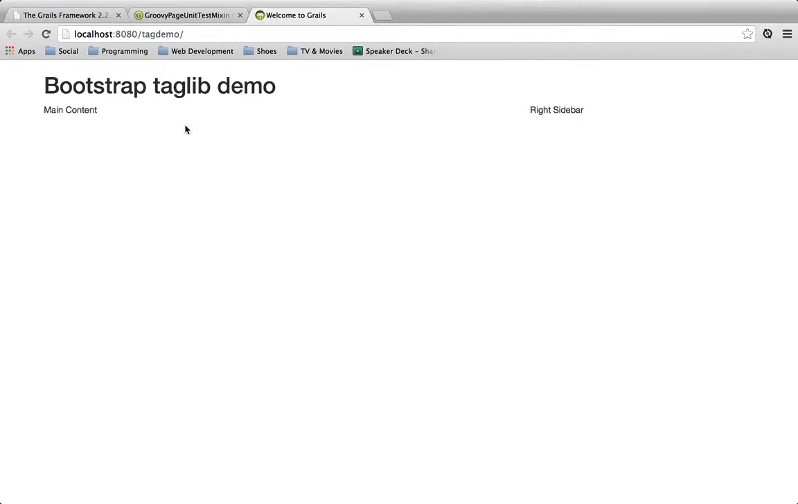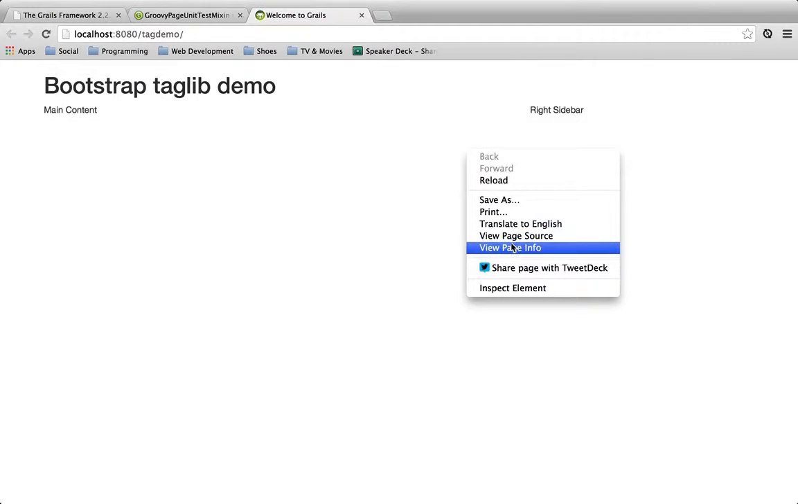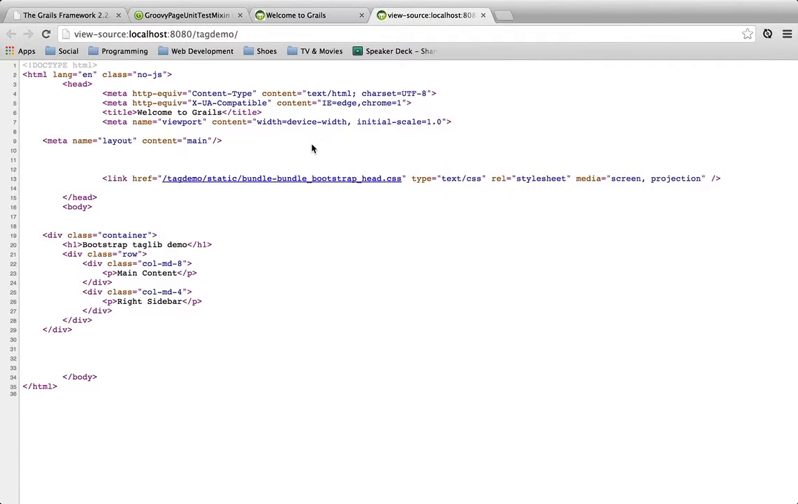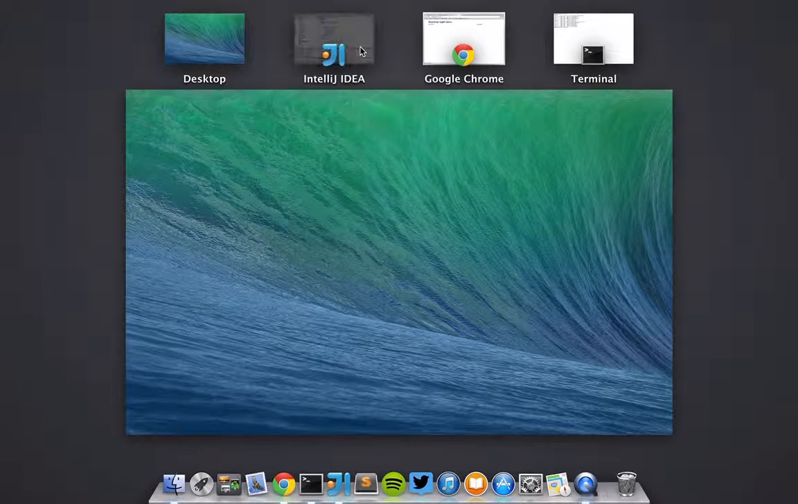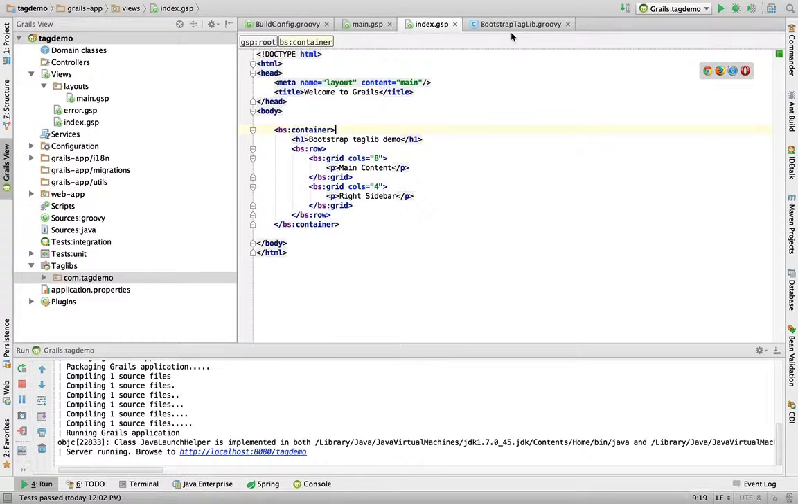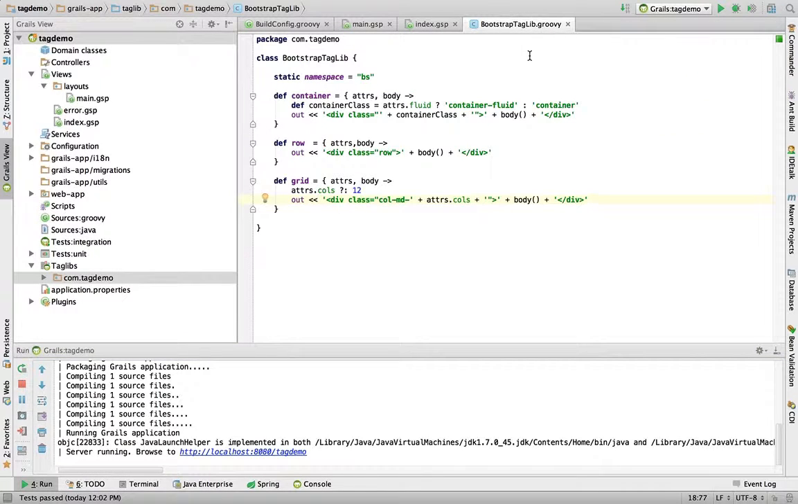So again, this is using Bootstrap. We have the nice row here. We have our main content and our right sidebar. If we view the page source, we'll see our class container. Then we have a row. We have our nice little grid here with 8 on one side and 4 on the other. So again, pretty simple, but it gives you a really good idea on how easy it is to create your